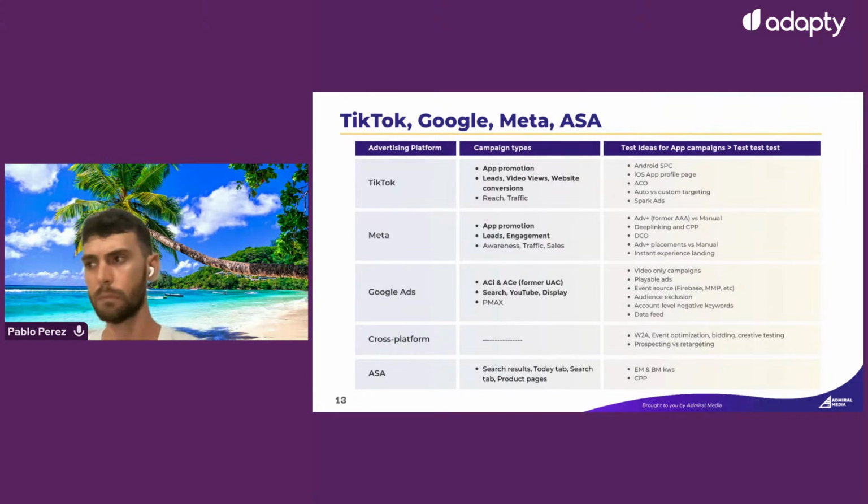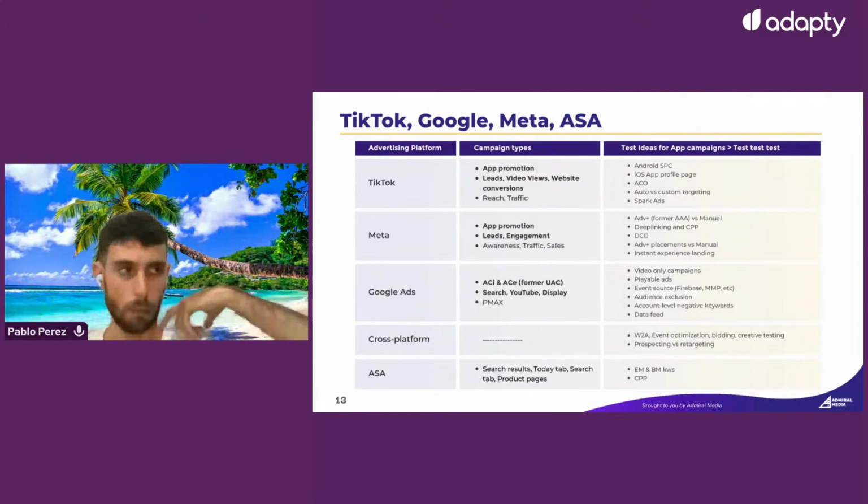So going back to the top of the table there, I have included a couple of things to test in each of them. And again, paid social usually has similar things there with different naming. For example, Android Smart Performance campaigns, or SPC, are the automated solution that TikTok offers for the Android operating system, which are pretty much the same as Advantage Plus, or the former AAA campaigns, in Meta in particular. So we are basically letting the algorithm decide and do its magic on which targeting or which audience or users to target. So we don't really do age targeting there, or gender targeting, or even interest targeting. We just let the algorithm play